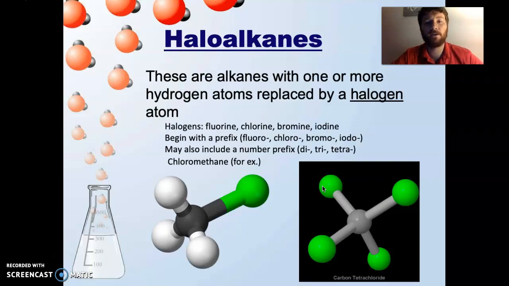Haloalkanes replace a hydrogen with any one of the halogens. And so here are 3 hydrogens. This is some sort of halogen. So usually we name them with the prefix like fluoro, chloro, bromo, iodo, and the numerical number of replacements. So in this case, if this was replaced with chlorine, we would call this